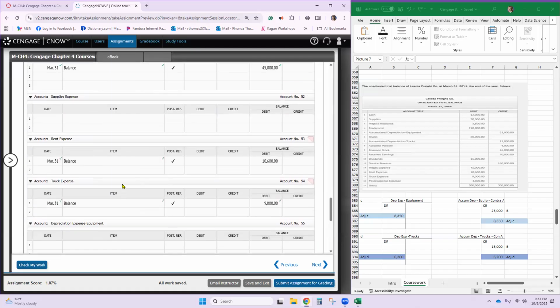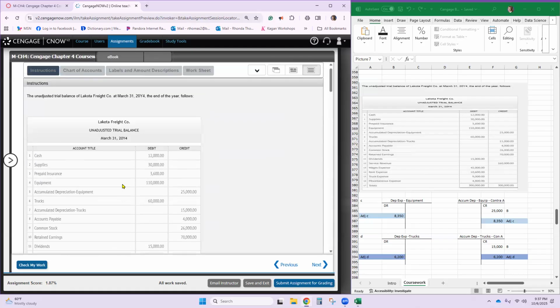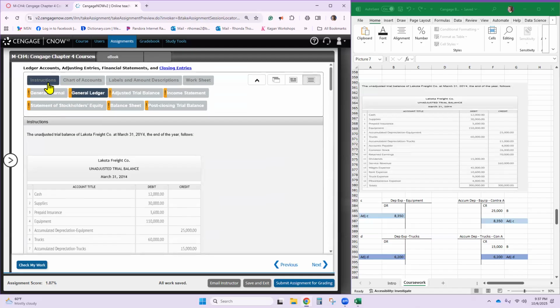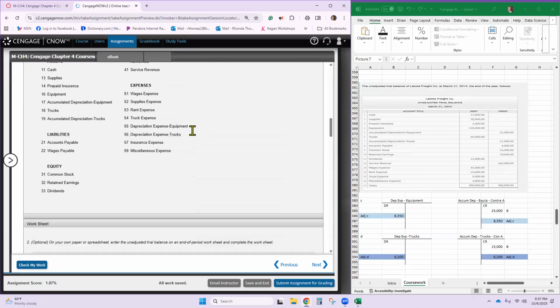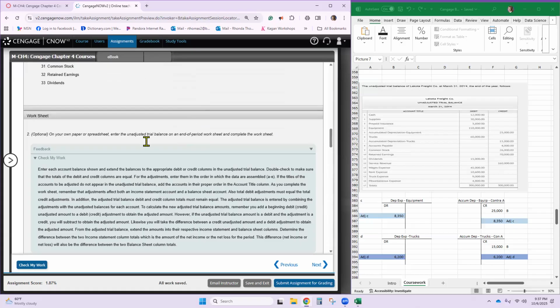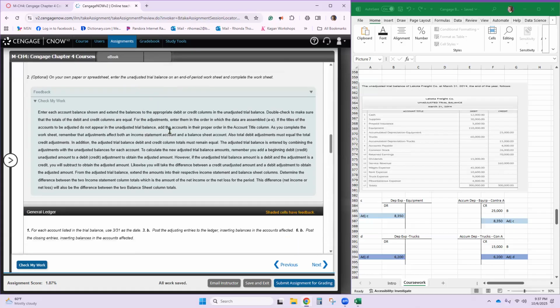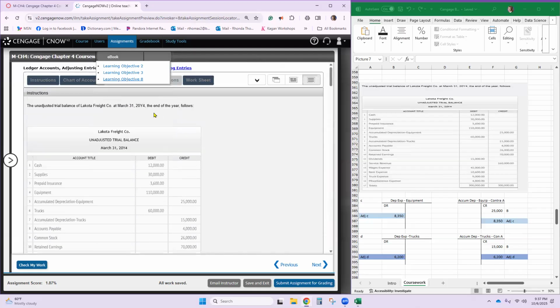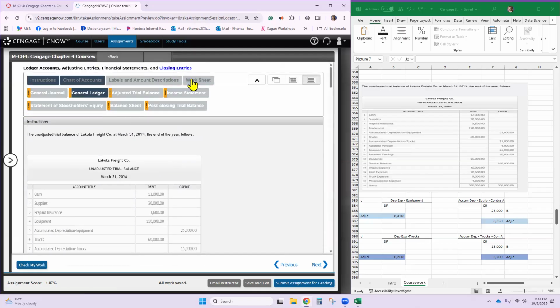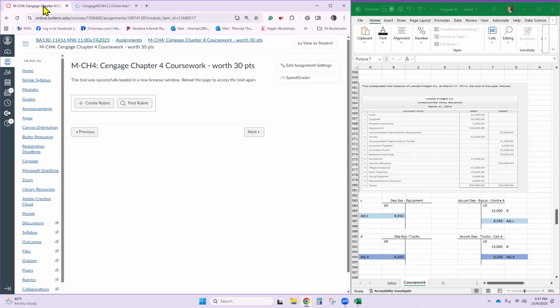Okay, so now we are going to look at the spreadsheet that I have created. This is called the worksheet. We'll get the chart of accounts, and it says to do a worksheet. The worksheet, and I've made you one. They don't really have anything in place of it. So let's just close it then because we've got one that I've made. So close it up.